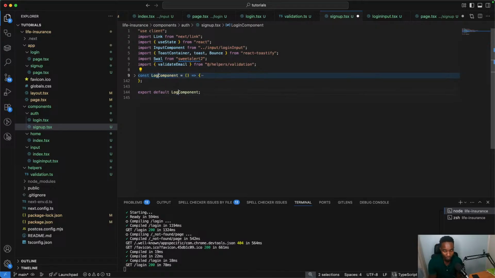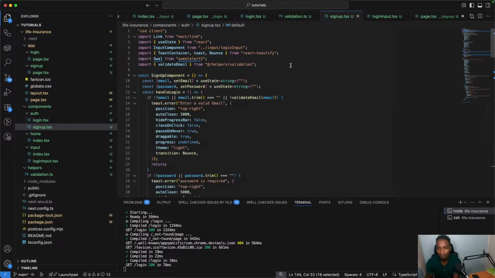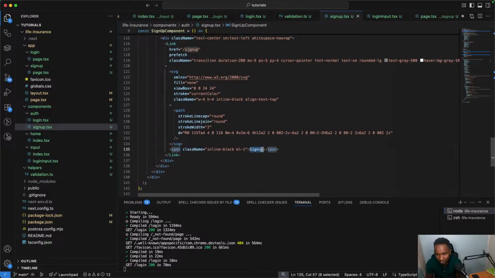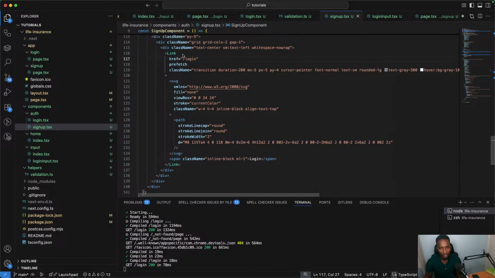Remember, our work is not to write this whole code, and I've already written it once. You just need to copy it, paste it, modify it to suit our needs. The next thing we have is sign up component. So I've updated the const up here, and I've also updated the export over here. It's gonna be the same thing, just that down here it's gonna be the login. Here, change it to the login. Keep this prefetch, but change that, and then